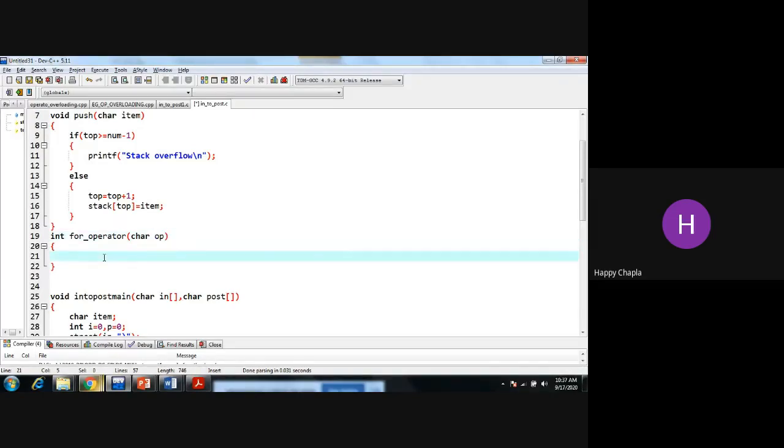I'm checking whatever the incoming character is, either star, plus, division, minus, multiplication, whatever we need to check.